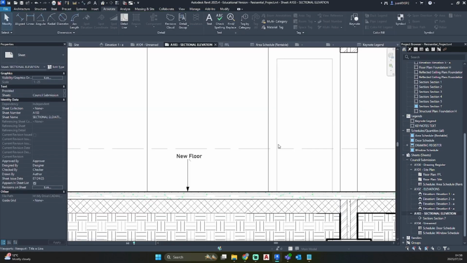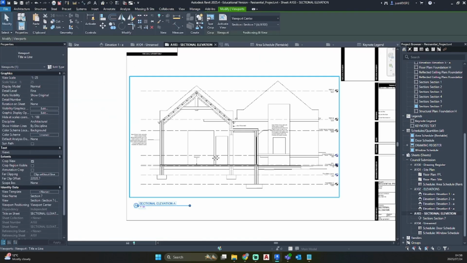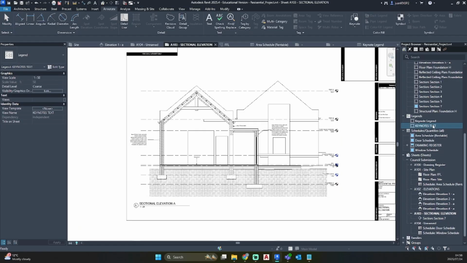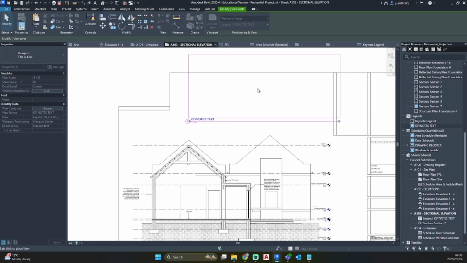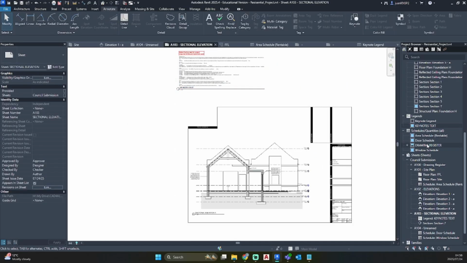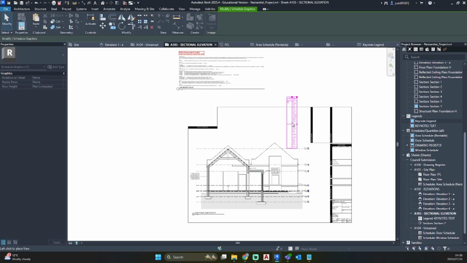So if I go to my section, let's say I only tag new floor. If I take in my keynote, okay, that's my text, my keynote legend.